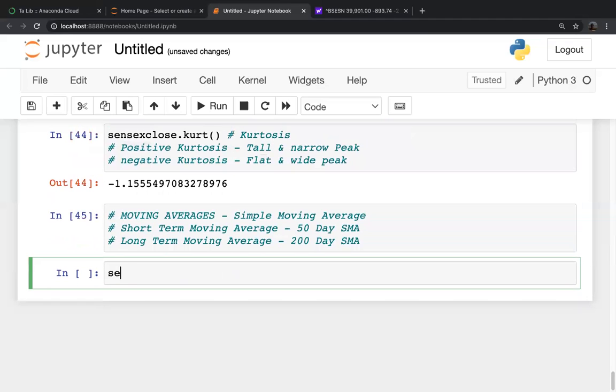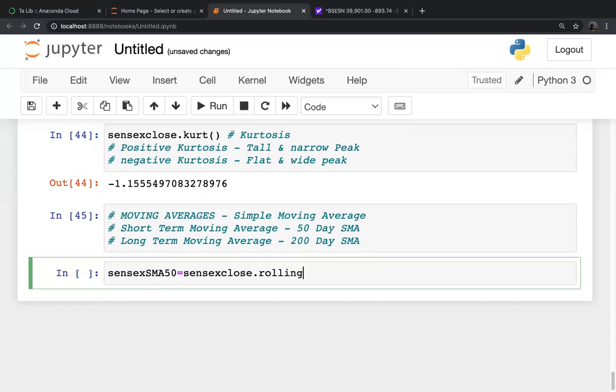Now let us say Sensex SMA 50. We will calculate Sensex SMA 50. We are doing it on the complete Sensex close data. Sensex close dot rolling